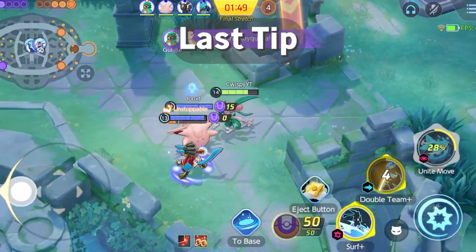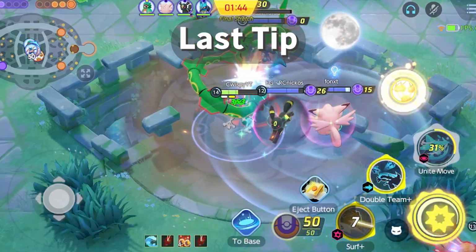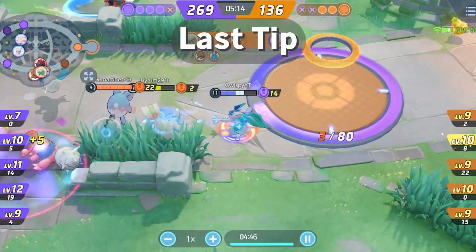The last tip I want to share is to go for backline squishies when you ult. Don't waste your Unite move on a shielded tank, unless they are grouped up with other enemies. Sometimes it's worth getting a Gardevoir or Decidueye